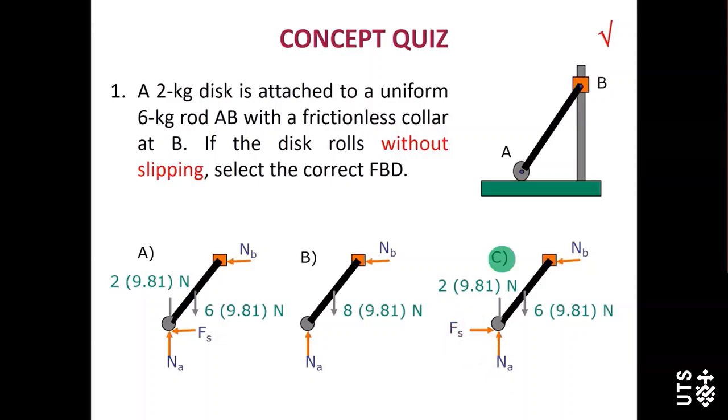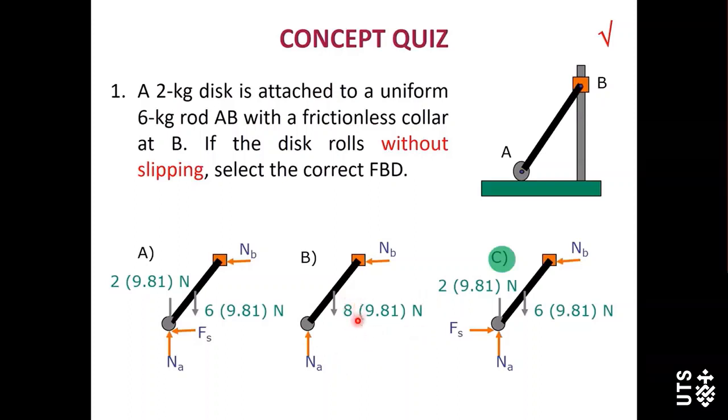Okay, now why is answer B incorrect? Two things. Firstly, no friction force. Secondly, here